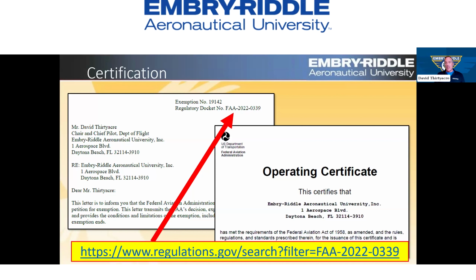And the good part is that pretty much everything that's been put in there, all the requests and the waivers and all that, they're all part of public record. And you can dive in there and pull one up and go, okay, this is what we want to do. We're going to basically take this as a benchmark and we're going to turn that in for what we want to do. Now, the things that aren't in there are proprietary type things, flight manuals and that, and we'll talk about those here again in a second. But if you just search that and go there, you're going to be pulled down our docket. You're going to see all the communications between Embry-Riddle and the FAA, and you can pull that down for any of the other dockets that are out there as well.